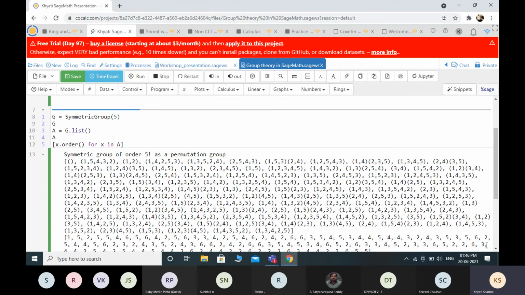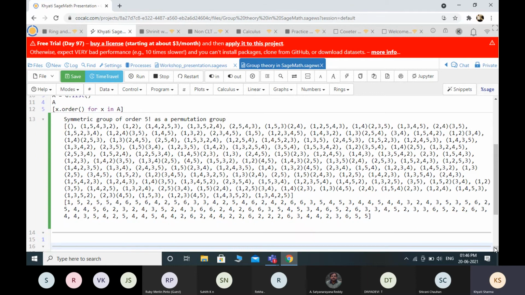Yeah, this is the answer. This list is starting from 0. So these are the orders for the elements of this symmetric group. We can find out these things for other groups also.